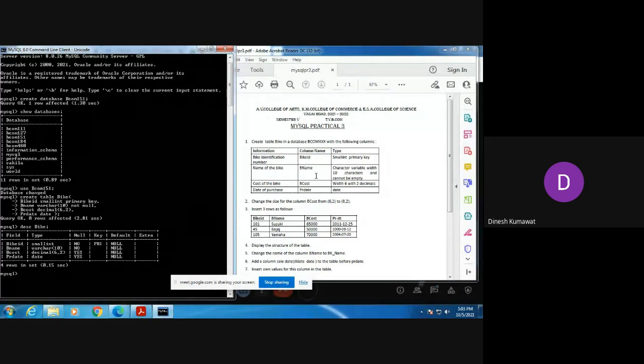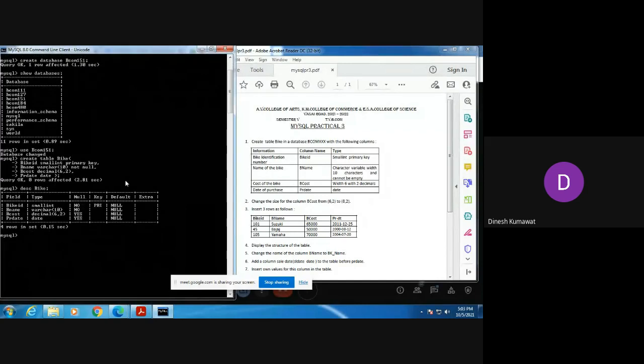Now you can see here we have bike ID, data type is small int, null is no, key is primary key. Similarly, B name is varchar 10, null is no, because we are attaching the not null constraint to B name, which means this column can't be empty.